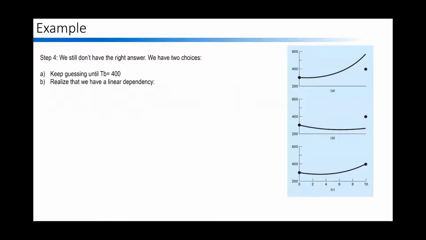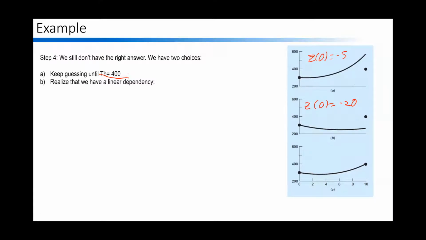So what can we do? Well, here was that first guess where we said z at 0 was negative 5. Here's the case for z at 0 equals negative 20. So we had an overshoot, we have an undershoot. We've got two choices for what we can do next. We can keep making guesses until we hit this TB equals 400. So this could be using a method like either random guesses, not very accurate,